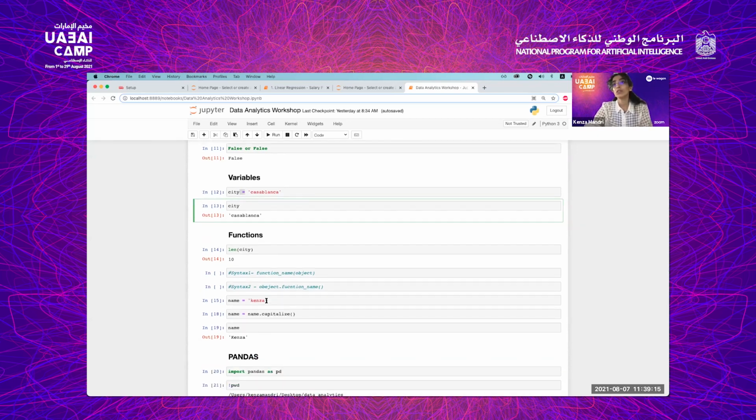Then we looked into some functions. These are built-in functions for Python, which facilitate changing the behavior of certain things. For example, this one, my name is Kenza, is a string, and I want to capitalize my first letter. So I will